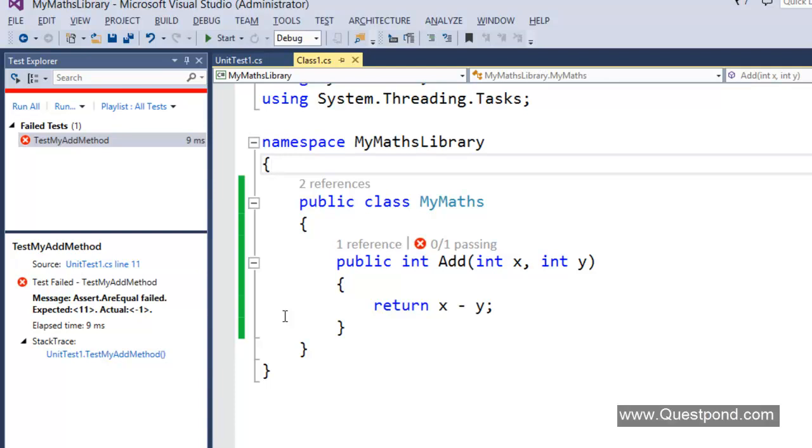The one more layer which is not shown in ASP.NET MVC theoretically is the data access layer. Some people include the data access layer as a part of the model, but some people keep it separate. But in both cases, the data access layer is again a simple class library. That means again it can be easily tested using the same approach which we used for testing this myMaths class. Now we are left with two things: testing of view and testing of controller.